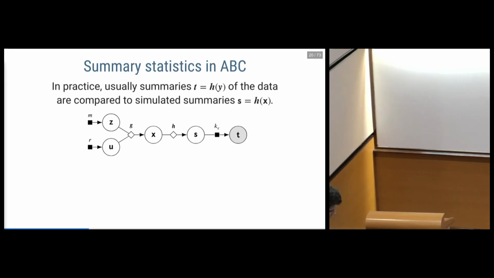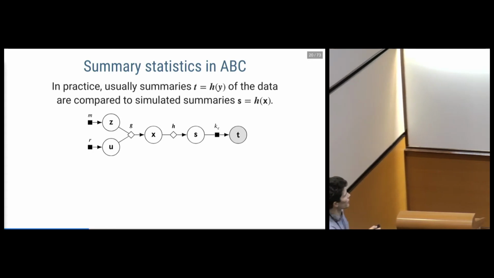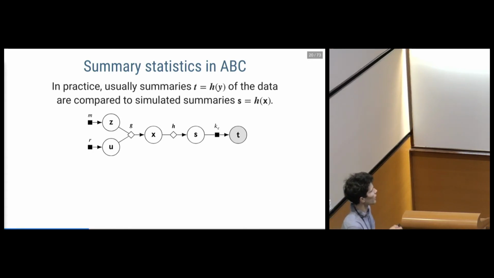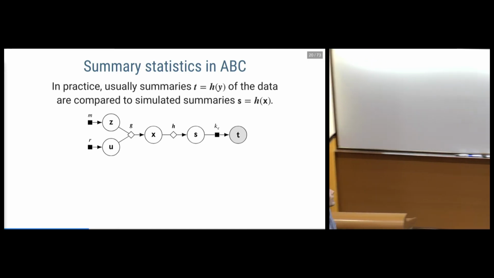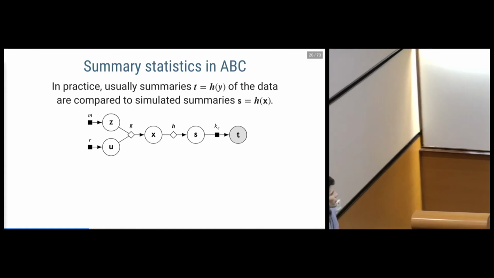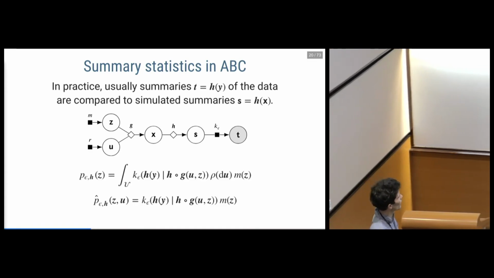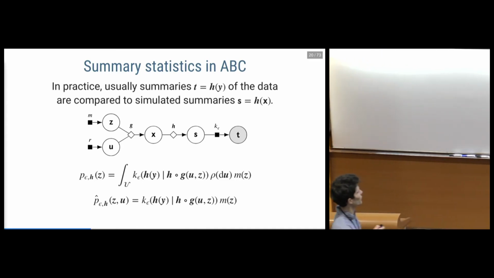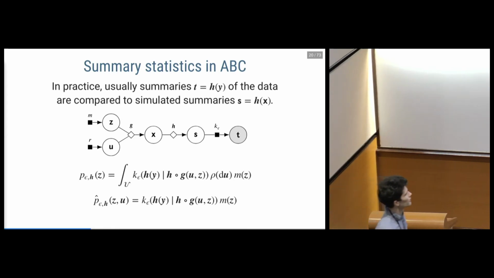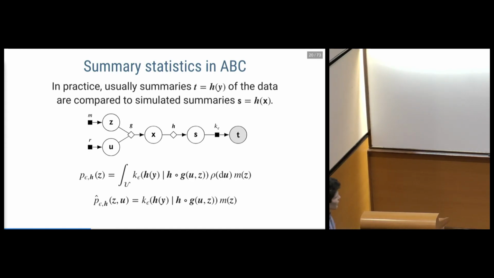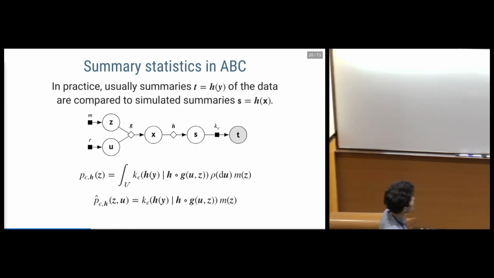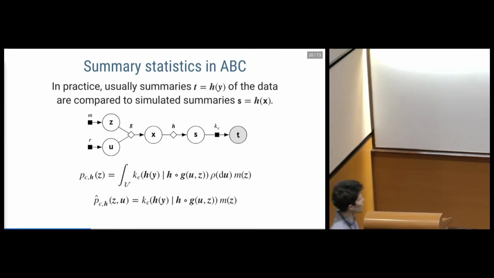So, an extra note: in practice, we usually can't, even using some epsilon ball, come up with reasonable density estimates using that previous form. So we introduce an extra layer of approximation via a set of summary statistics. So now our approximate posterior, or approximate target density, will have this form here. We're mapping both the observed data and our simulated observations through this summary statistic function, giving this approximate posterior here and an unbiased estimate of it here.